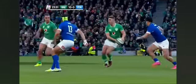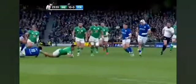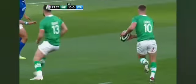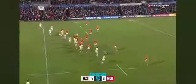Off a conveyor belt of possession. It's all about being deep and the no-look passes. He's got the whole repertoire, he's got the space to do it, and Italy, if you don't close him down, Crowley